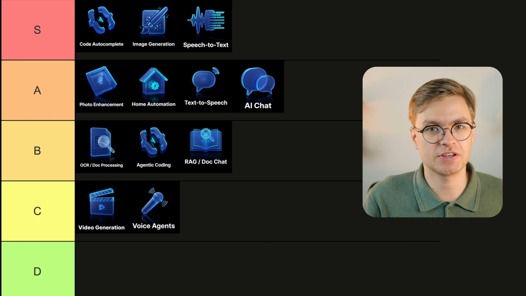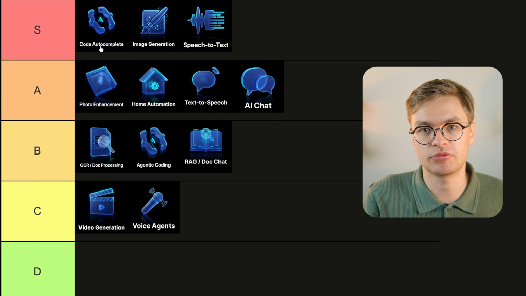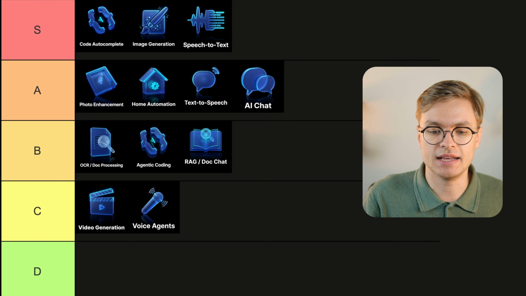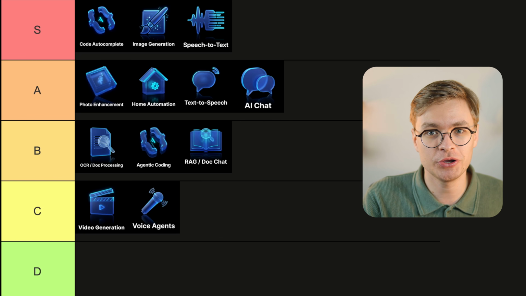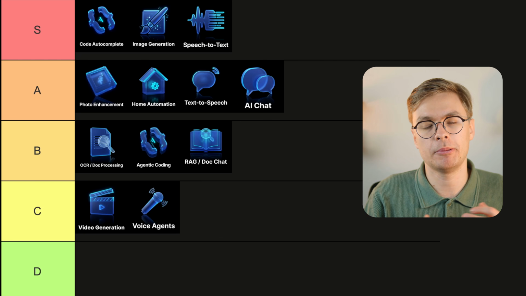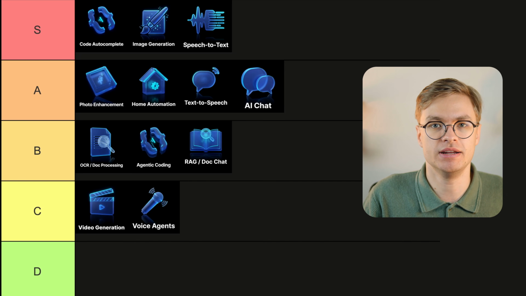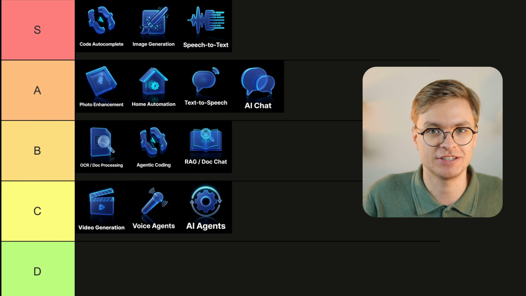So we have talked about some AI use cases now, like a chat, a RAG chat, agentic coding, and code autocomplete, but what about the ability to create any AI agent of your dreams, where I'm defining an agent as a system that can autonomously make decisions, execute actual actions for you, and solve a problem in many different ways? Well, the thing is, a true AI agent is very difficult to run locally. I'm going to put it in C tier, but I wanted to make sure I explain this to you,